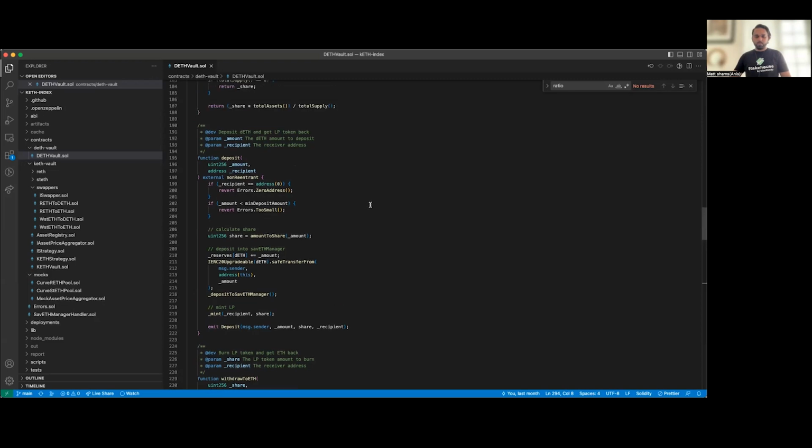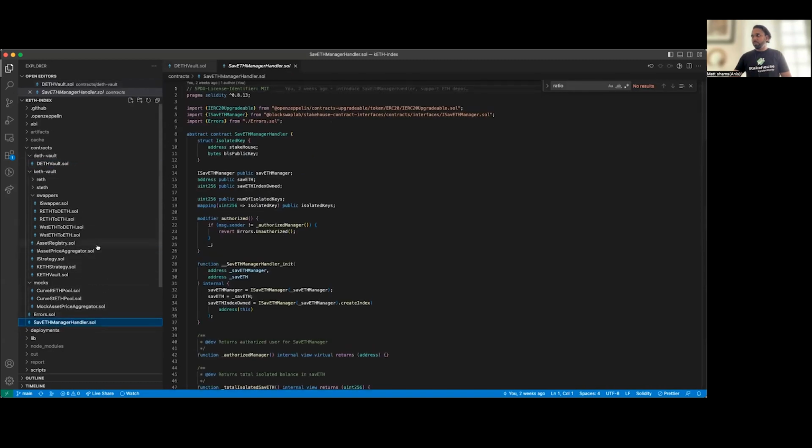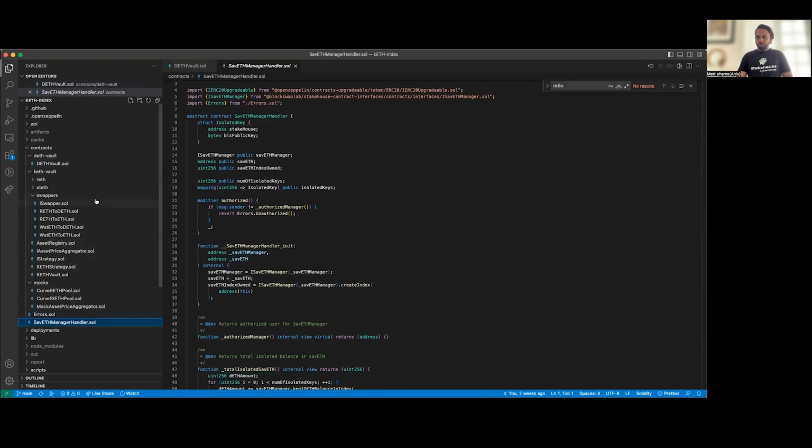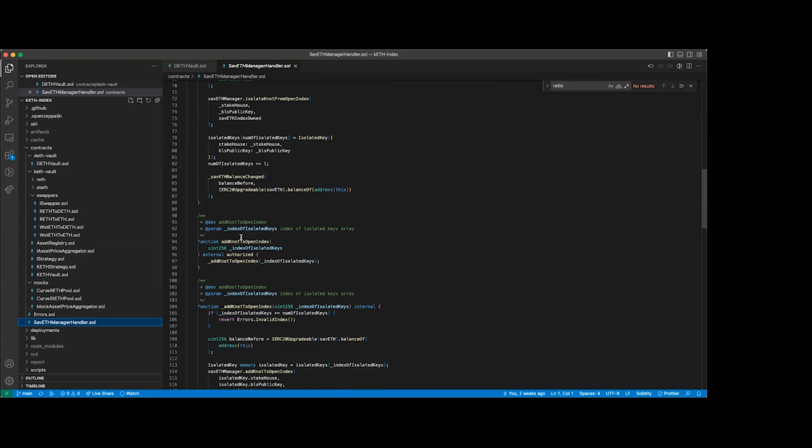Got it. And also, what I want to say is the service manager logic. All of these liquidity are deposited into the service manager for more yield generation. For that, we introduced this service manager logic, and this is used for the kETH strategy as well. In this service manager logic, there are a couple more features like isolating node from open index, add node to open index,